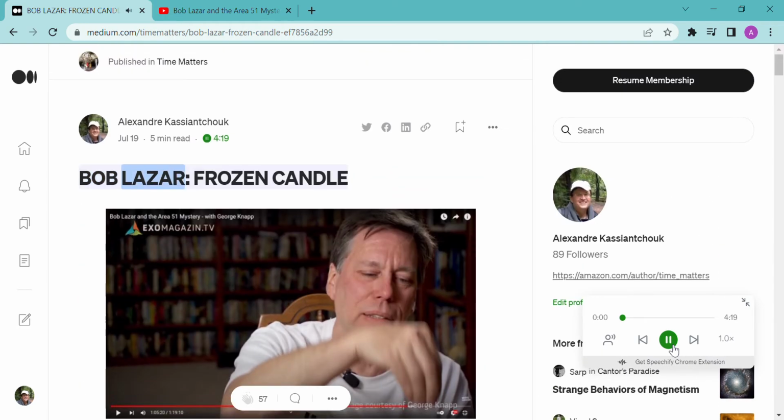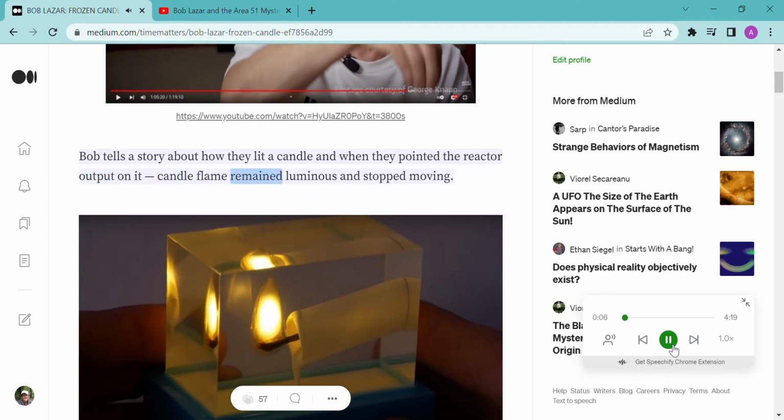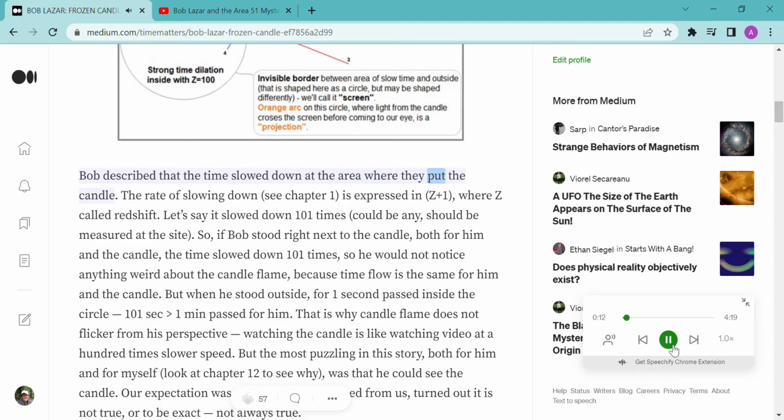Bob Lazar, frozen candle. Bob tells a story about how they lit a candle and when they pointed the reactor output on it, the candle flame remained luminous and stopped moving. Bob described that the time slowed down at the area where they put the candle. The rate of